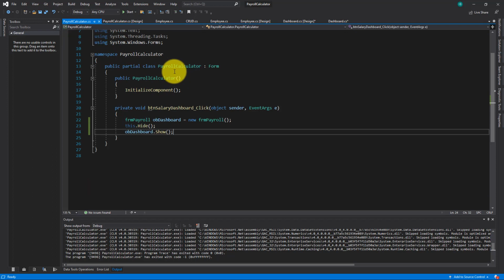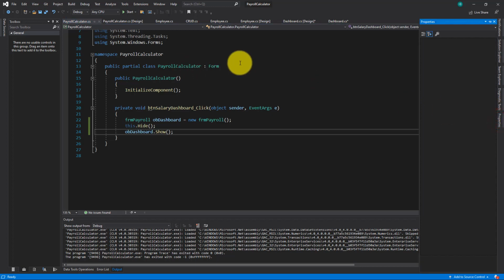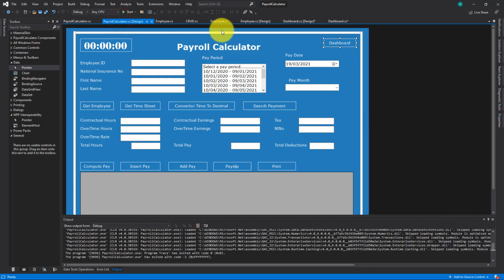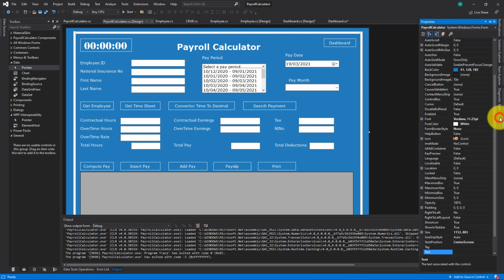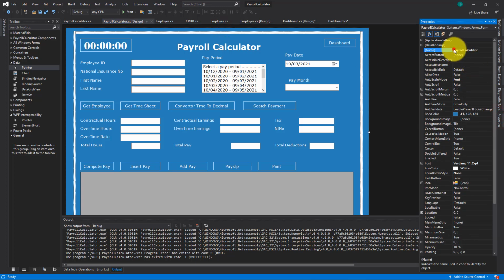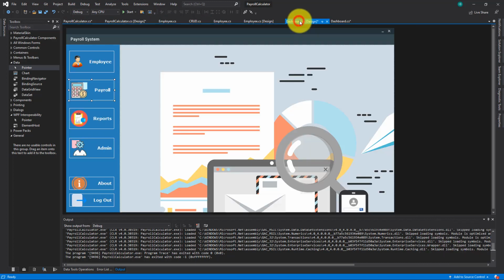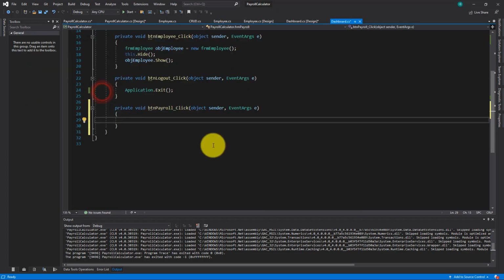This is the form, payroll calculator, but I want to change this name so it has a meaning and is more understandable. Therefore, I'm going to write before this FRM the word form. Enter, and now I go back to the dashboard form, double click on the payroll button, and here I'm going